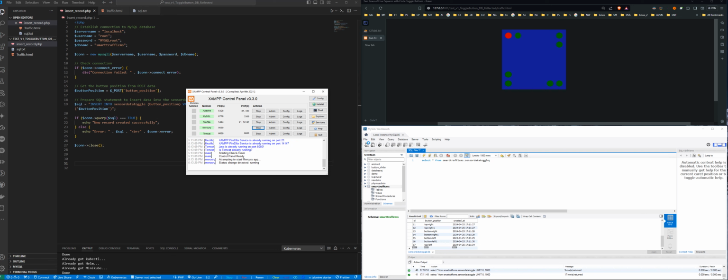I am using the Tomcat server and the MySQL database. This is running on the local machine, which is why it is 127.0.0.1 with port number 81. These files are present inside this test toggle button folder directory, and inside I'm having